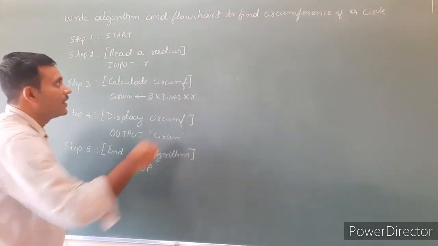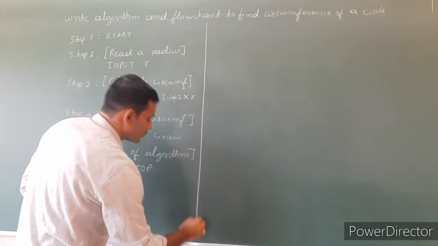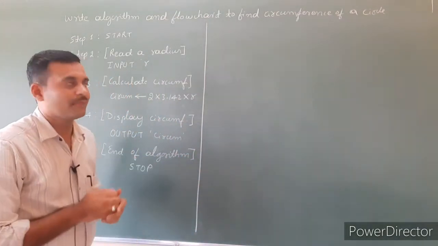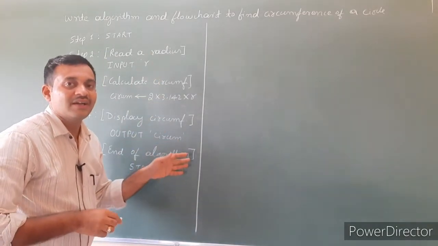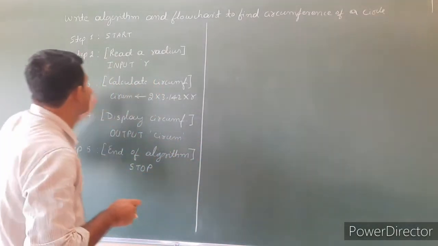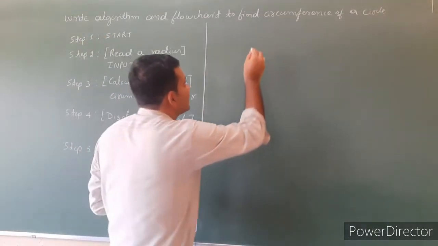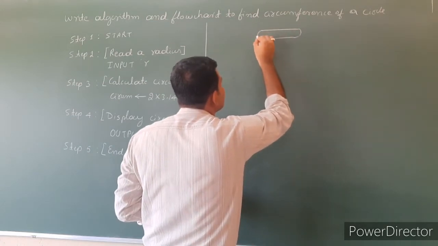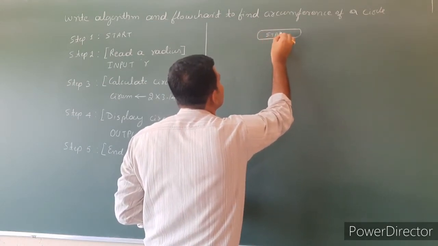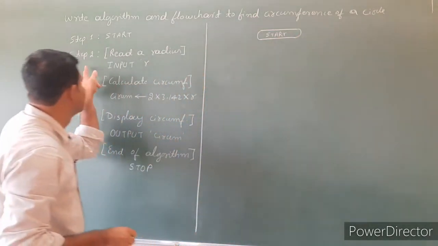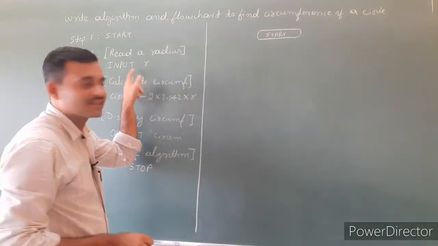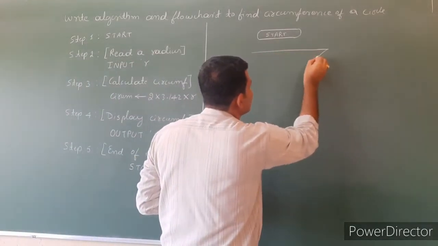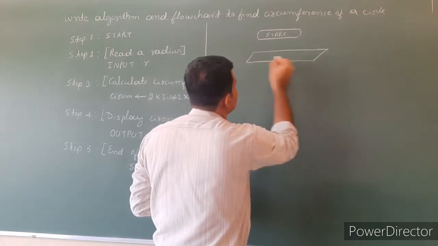After writing the algorithm, we are going to write the flowchart. A flowchart is a diagrammatic representation of the algorithm. For every step we draw the diagrammatic representation. First, start is represented with an oval. First draw the oval, inside that write start. See the next step. The next step is input radius. Here it is an input. Inputs are represented with a parallelogram. Inside that,